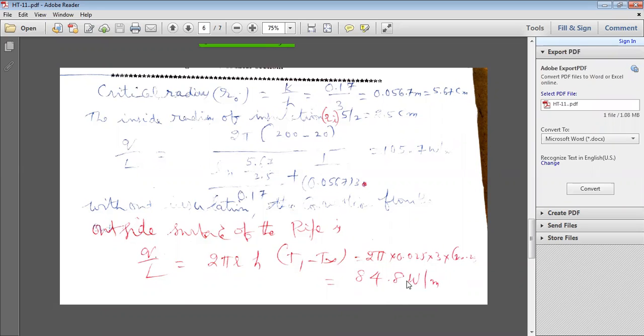So if you provide insulation of the wrong size, you can waste heat. We have to avoid heat transfer to the environment. That's why the critical radius of insulation is very, very important. All of you solve some more problems from the textbooks on the cylindrical system as well as the spherical system.